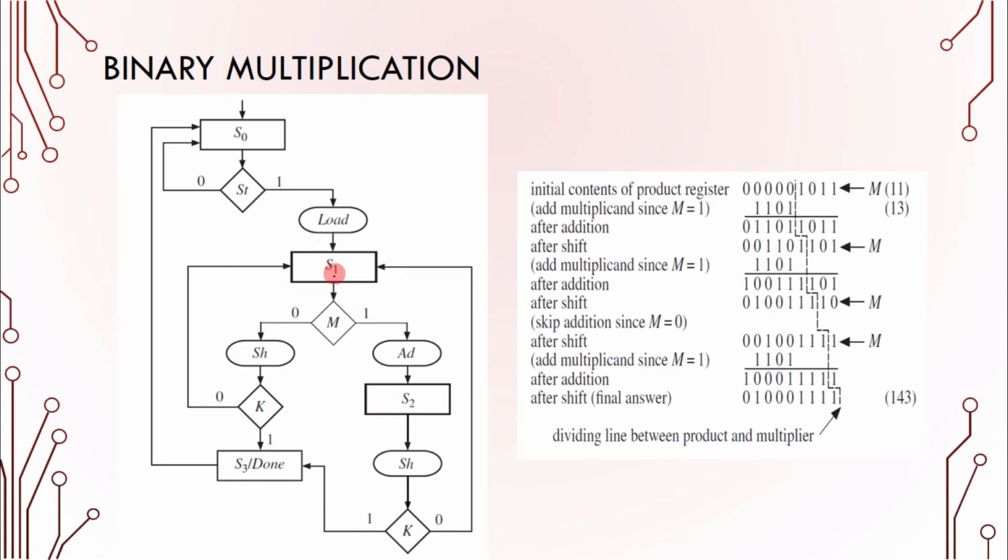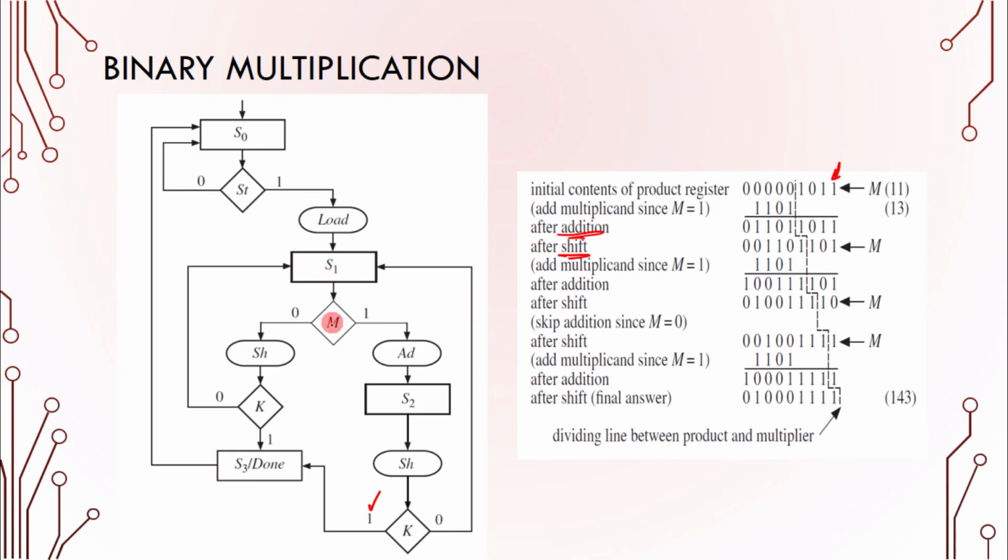From state 1, you check the bit M, these bits. If they are 1 or logic level high, you perform addition. After addition, you are in state S2. In S2, you shift your accumulator register, and here you check whether your multiplication is done or not. If your multiplication is finished, you will move to the done state, which is S3. If it is not finished, in our case it is not finished, it will go back to the state S1.